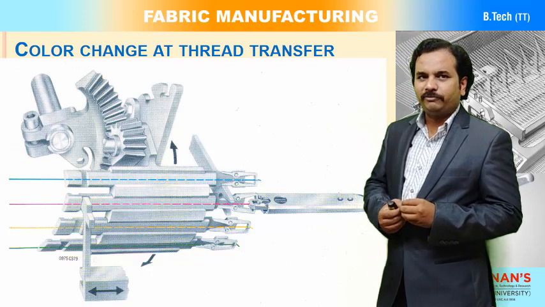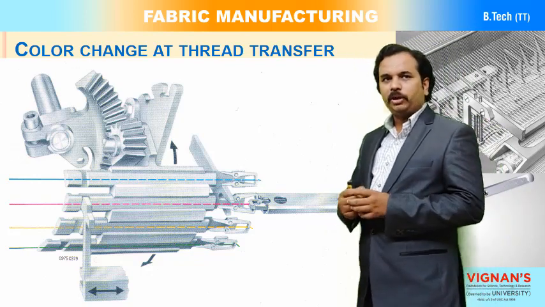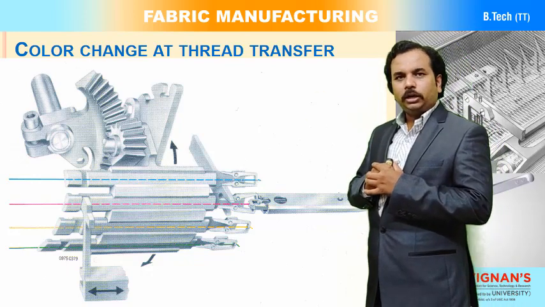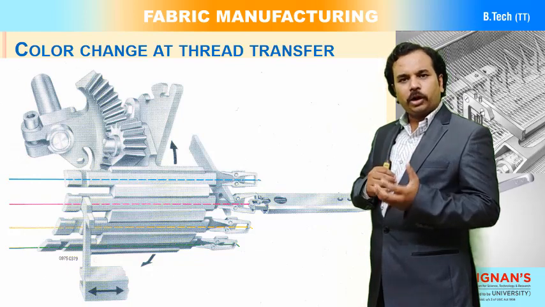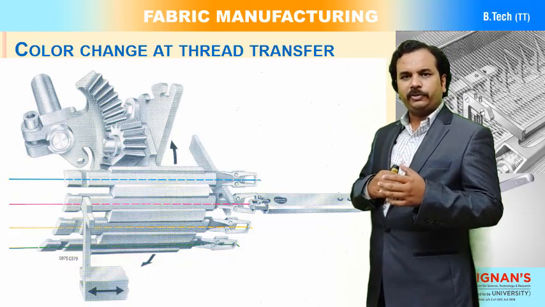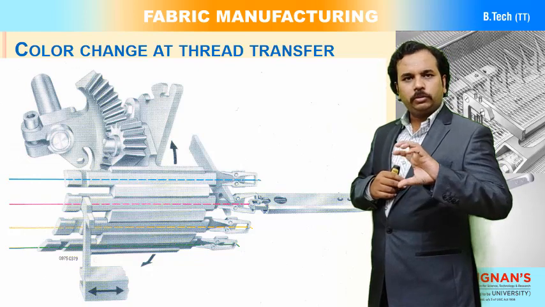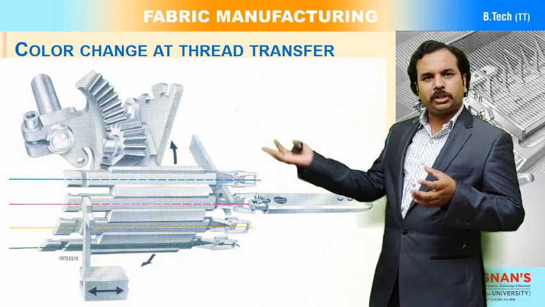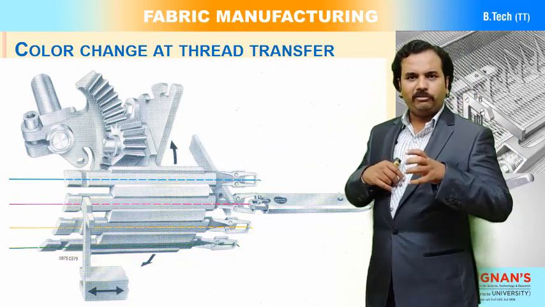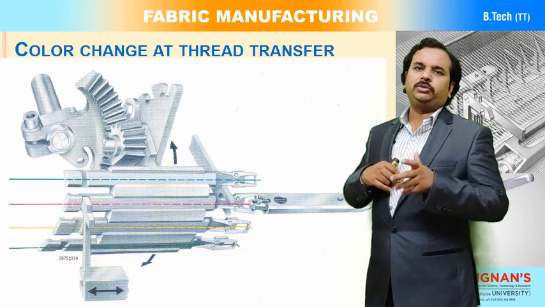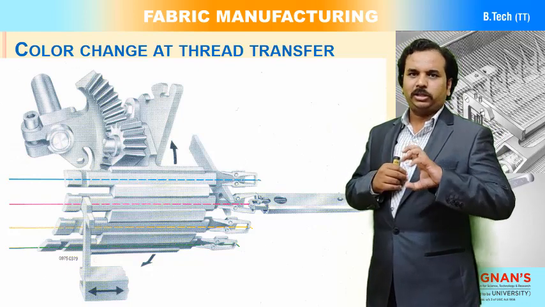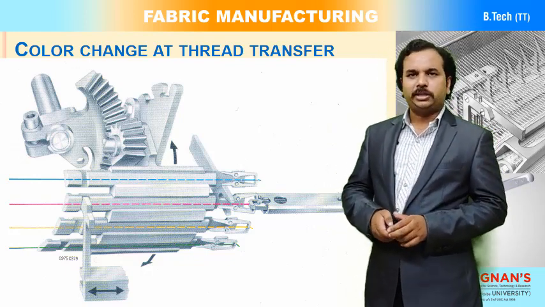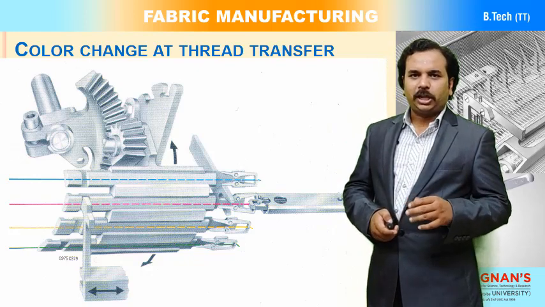You can observe the same figure in a simple black and white manner, where you can see the 4 different colors appearing here, and the second one is feeding. If you want to feed the third color, that is yellow, you need not move anything manually. If you have already given the program, as per the program the bevel wheels and the driving mechanism will work and come to the exact position, whatever program we have given. Okay, so this is how the color change is done in the projectile weaving technology.